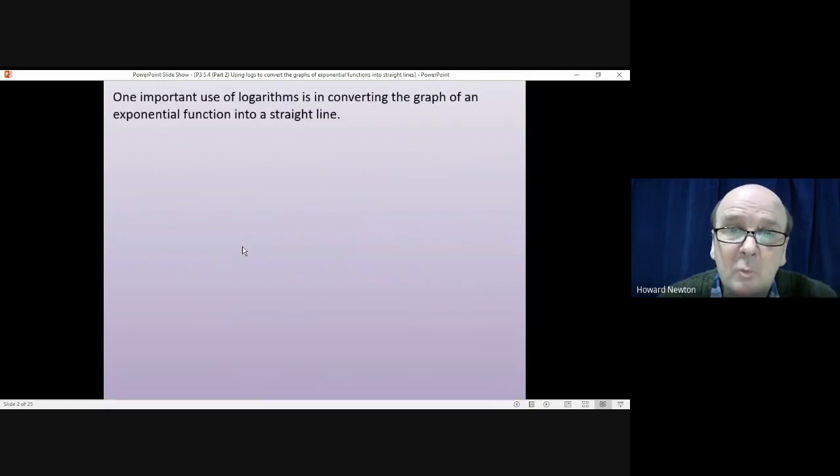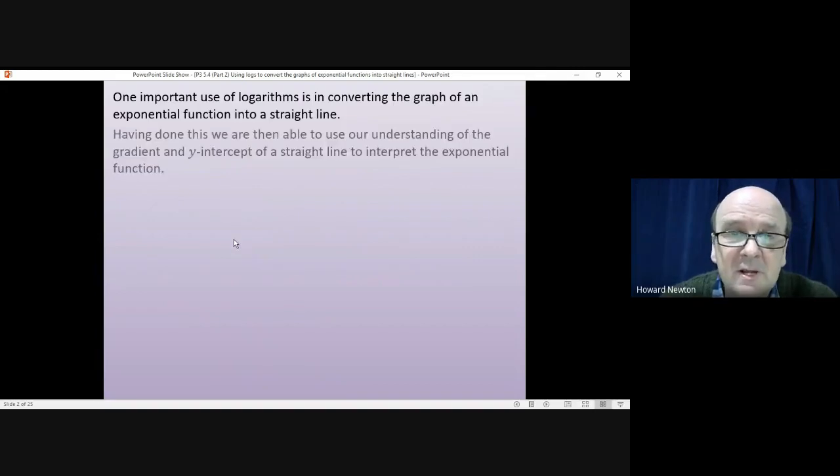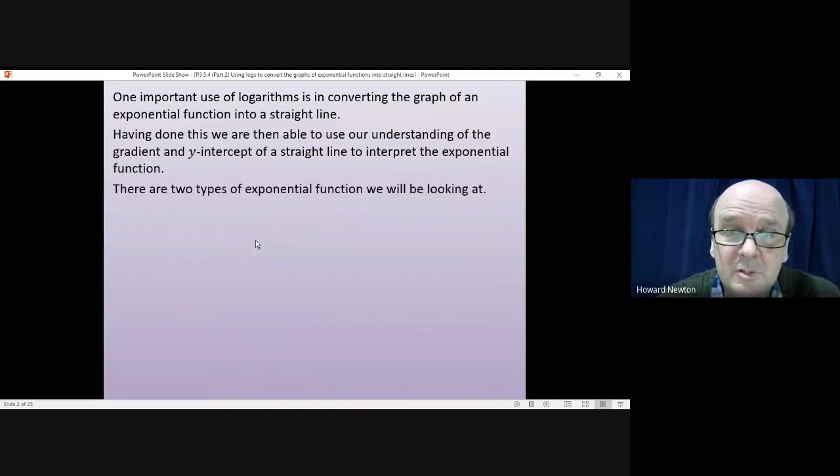Now, in the last lesson, we said that one important use of logarithms is to do exactly this, to convert an exponential function into a straight line. And having done that, to use our understanding of the gradient and y-intercept of a straight line to interpret the original function. There are two types of function that we've been looking at, and in this lesson, we're looking at